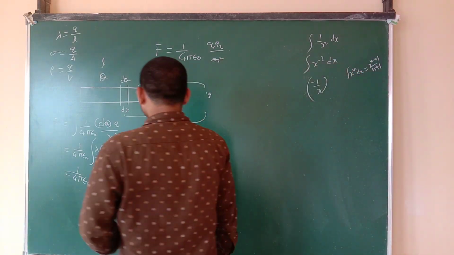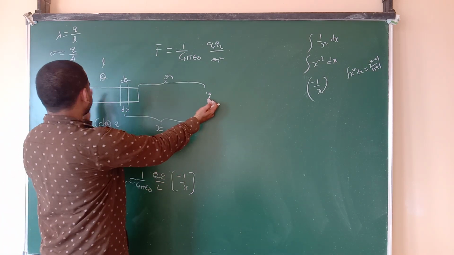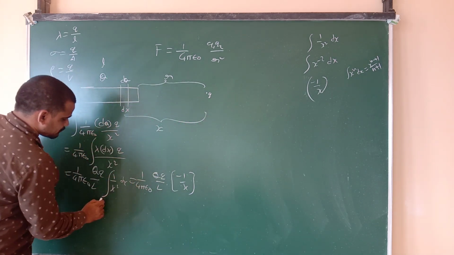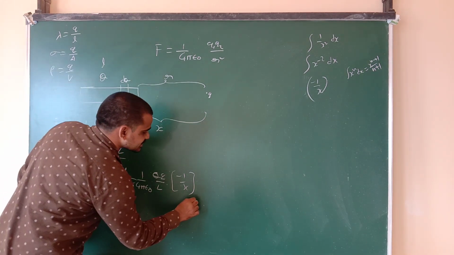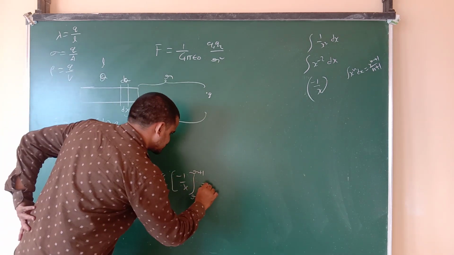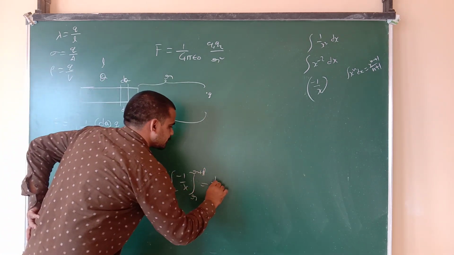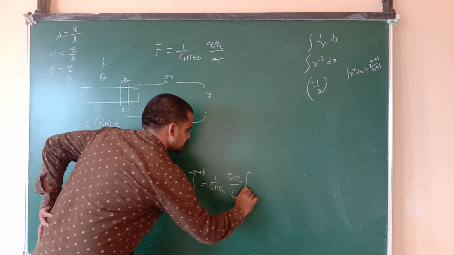Now the limits. What are the limits for x? The minimum limit is R and the maximum is R plus L. So this is R and this is R plus L. Just apply the limits now. 1 by 4 pi epsilon naught, capital Q small q by L, into